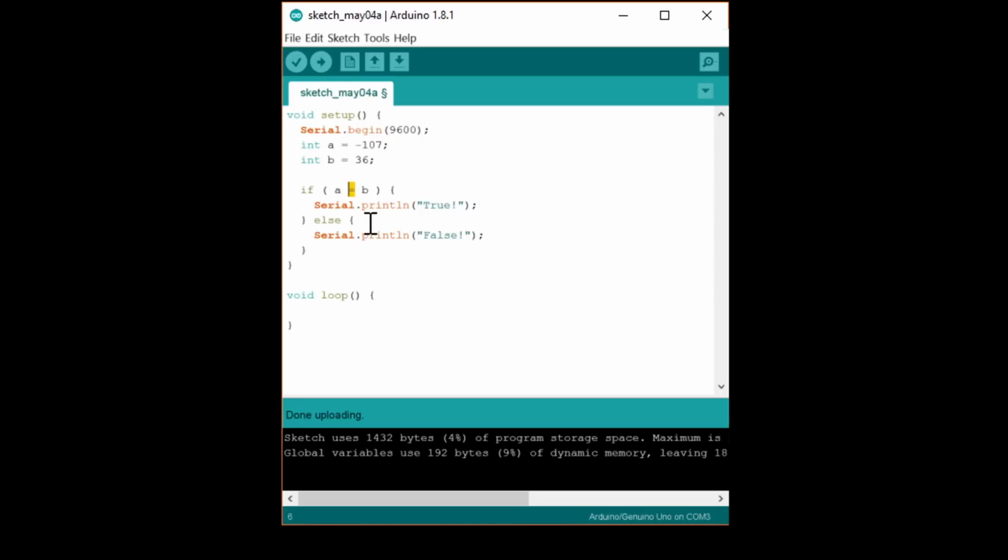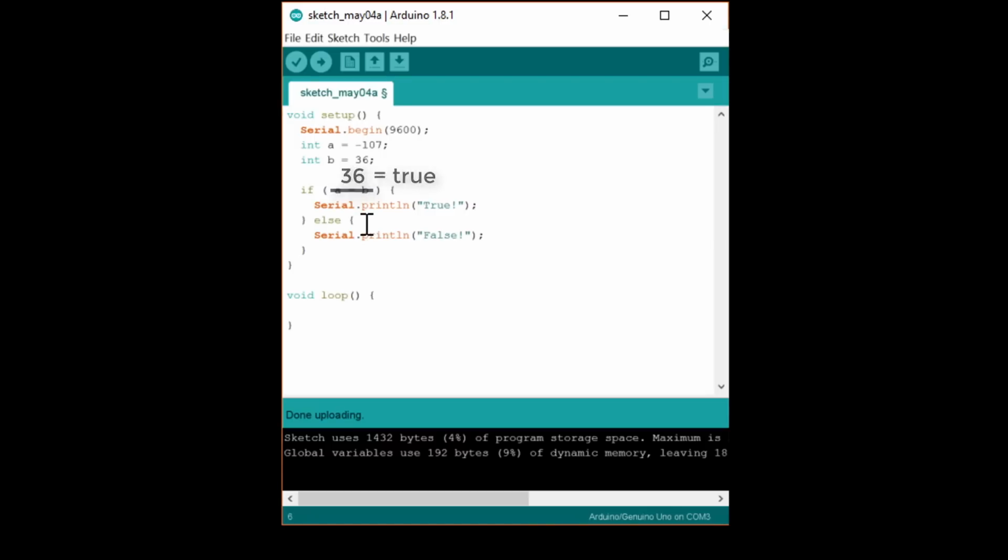What's happening is that when our program reaches our if statement, instead of comparing A and B, it assigns the value in B to A. So now A becomes 36. One tricky thing about the C programming language is that whenever we perform an assignment operation, it returns the value of the newly assigned variable. In this case, the if statement is asking if the value 36 is true, and for C, any value that's not 0 is true.